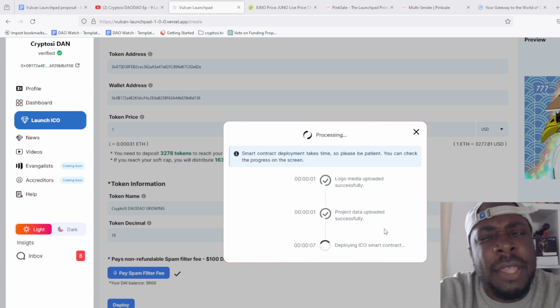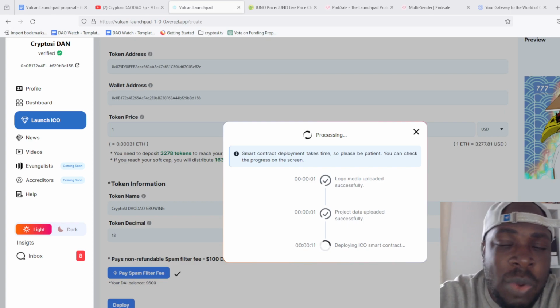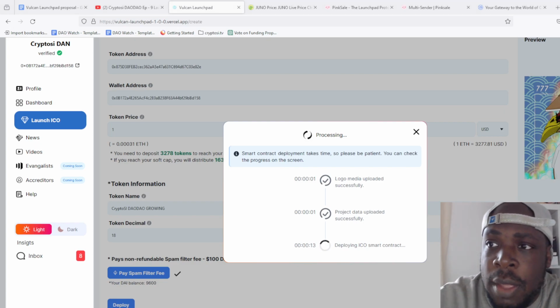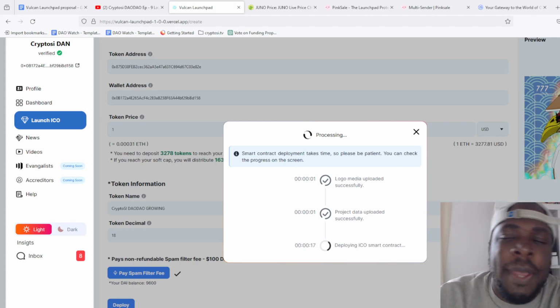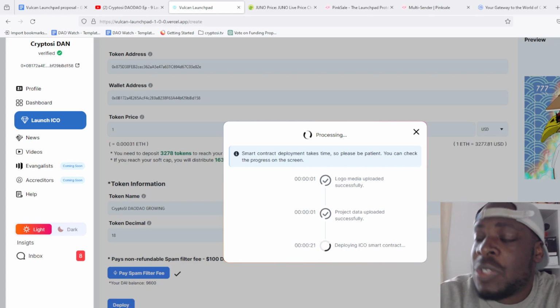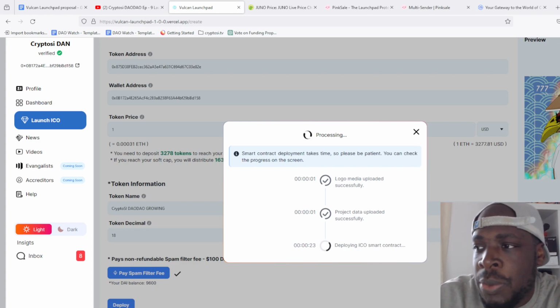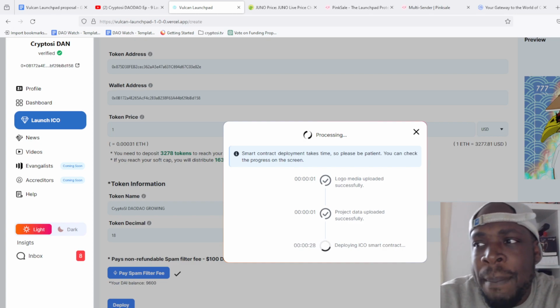This is another gas required action. So MetaMask pops up, you pay a little bit more ETH gas. This will all be on Arbitrum, so fees will be very low. We will probably launch on Ethereum mainnet, but